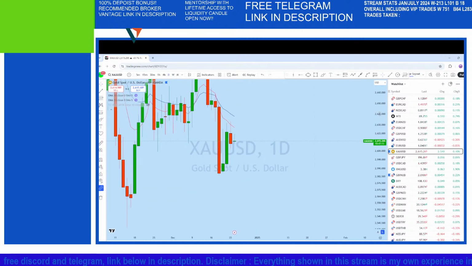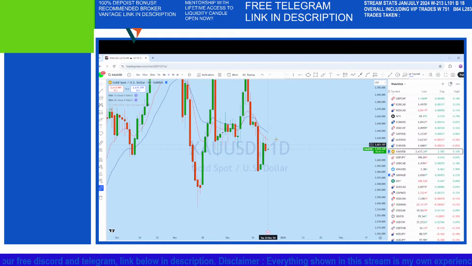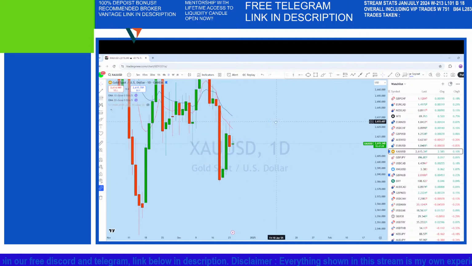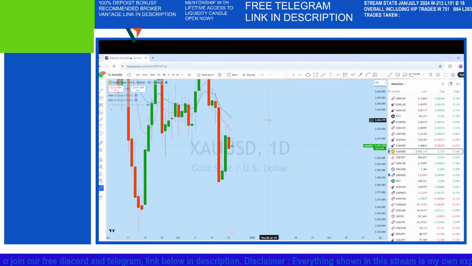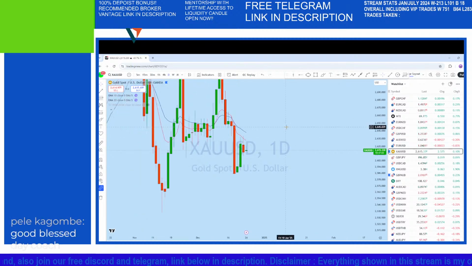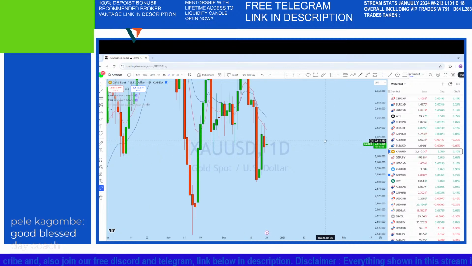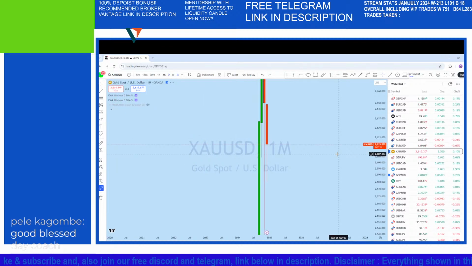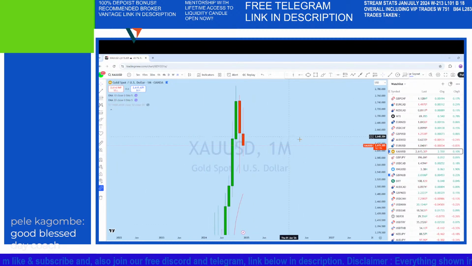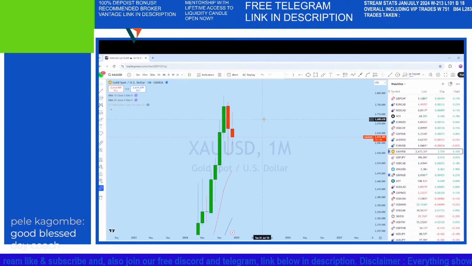I will be doing a full multi-time frame analysis, and then we will be looking at other situations as well. So first let's quickly look at the multi-time frame analysis on XAUUSD, and then we will be looking at other instruments as well, how they are doing. Looking at the monthly chart to see the overall picture in the market. So looking at the monthly on XAUUSD, we can see that this is the monthly price action,